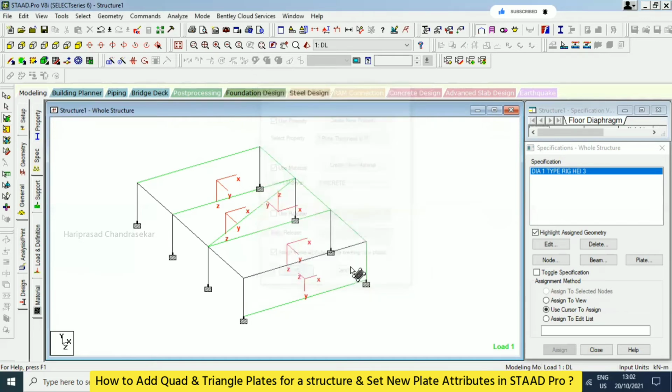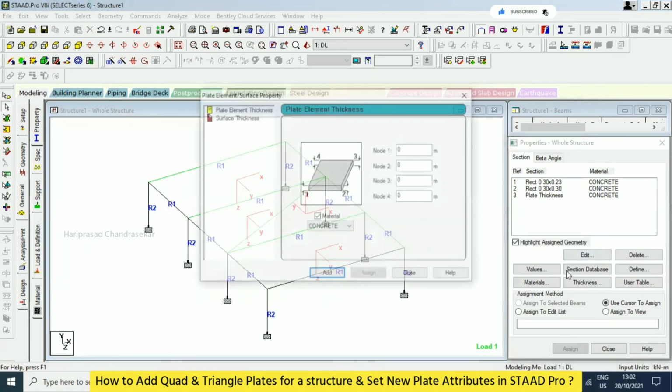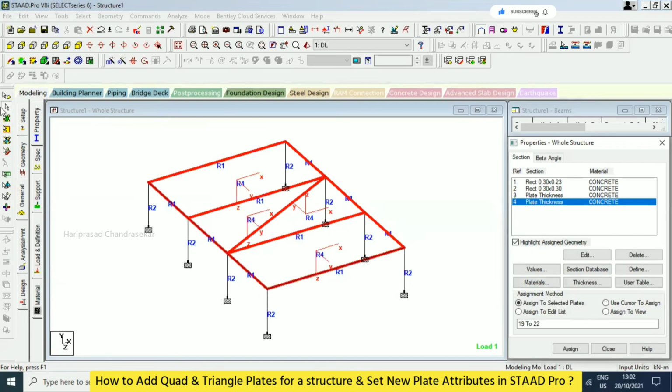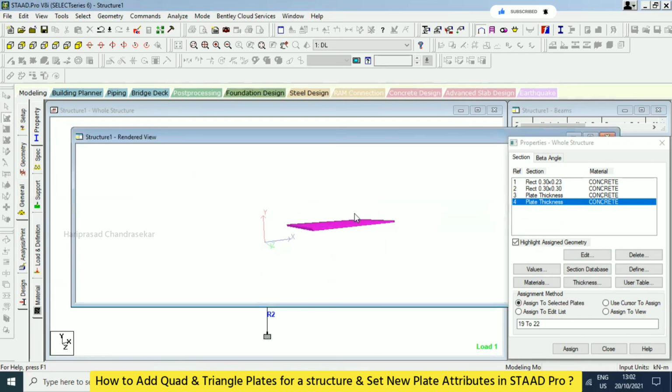Okay, so I'm just going to delete this anyway. Now you know how to create new attributes. Otherwise, you can go to property and you can go to define. This is for the beams, thickness for plates, and also for surface. And here we can have 0.15 or 0.12. And then you can assign to view, because only plates we have in the top. Assign to view and then yes. Now you can select any beam, any plate, and you can go for 3D rendering. Now you can see the thickness also coming. Got it? See, thickness of 120 mm coming, right?